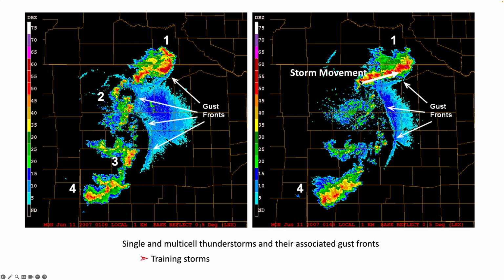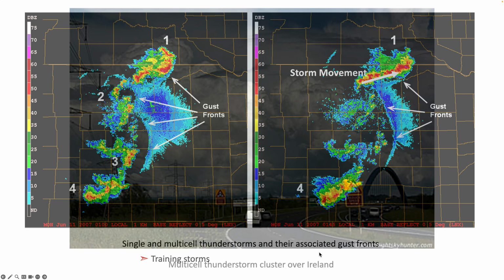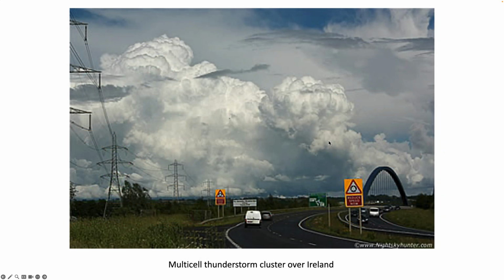You'll note that the movement is basically from west-southwest to east-northeast. As these cells are back building, they're moving or training over the same area. Now it's fairly small, less than a county wide here, but within this training area, you can get very severe flooding. And here is a nice example of back building thunderstorms in a multi-cell cluster over Ireland,